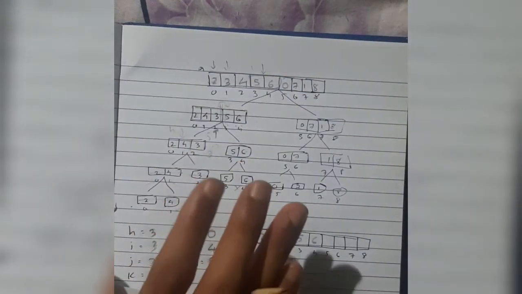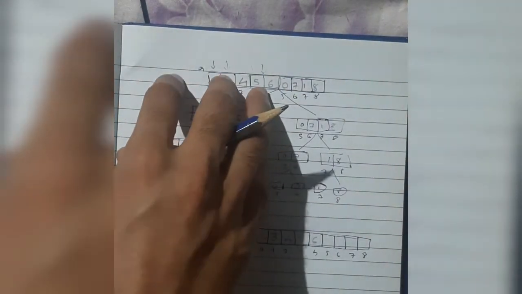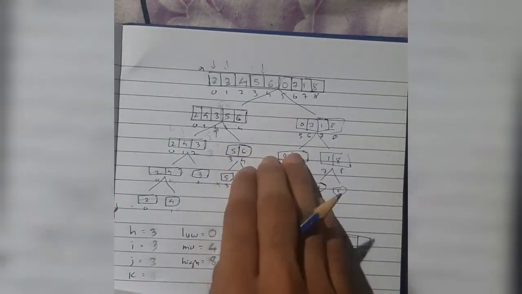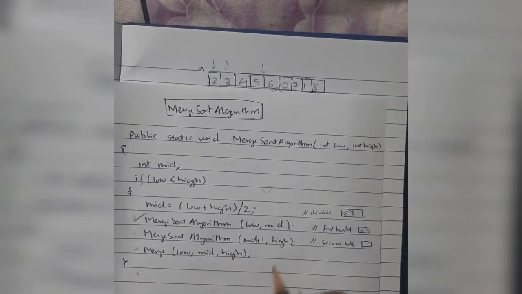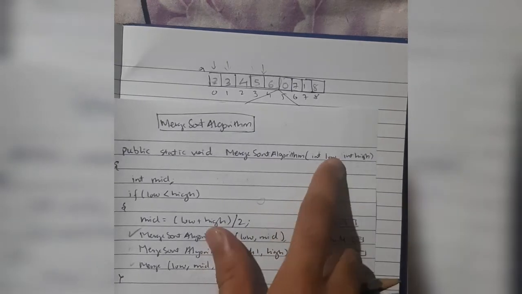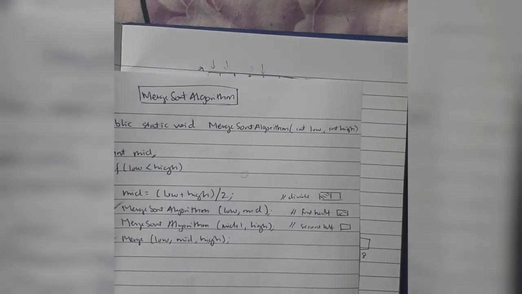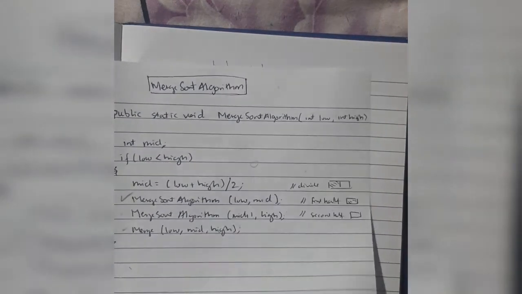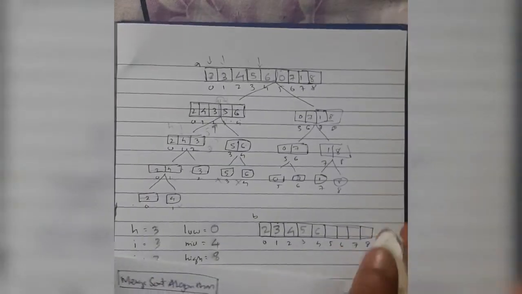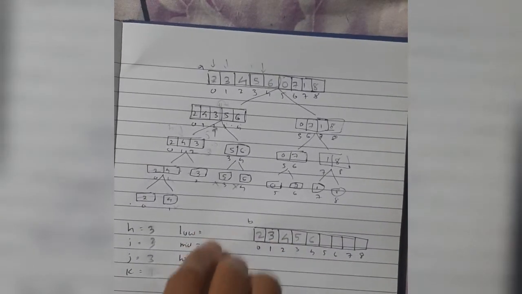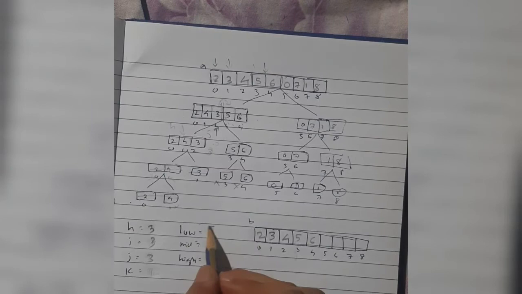Now at this point, if you understood this part, meaning what's happening in the code, you can skip the next half of it, or else you can keep watching till you get the concept. Okay, so let's go with the second half now. In the second half, the value is passed as mid plus 1. What is mid plus 1? 4 plus 1, 5. 5 and 8 is passed to low and high. So let's update the values of low and high. Low and high values will be 5 and 8.